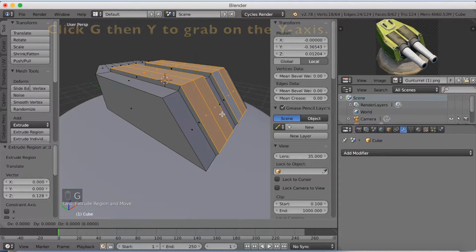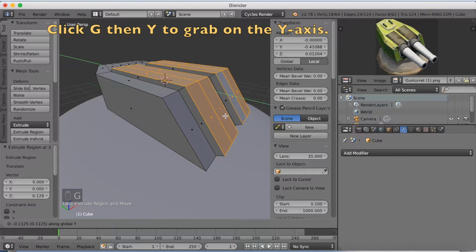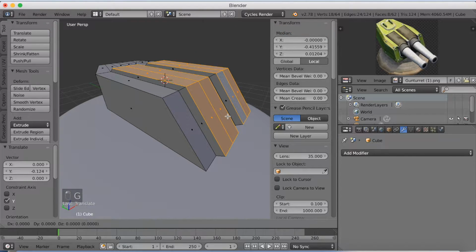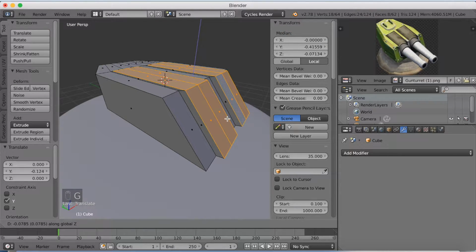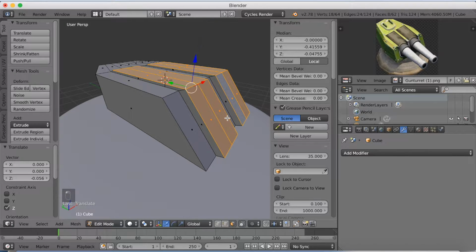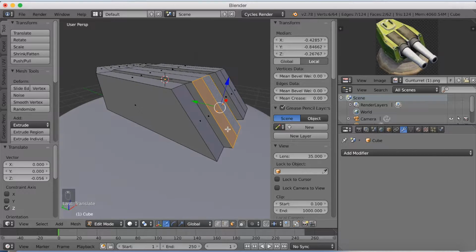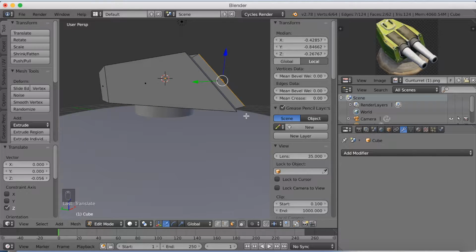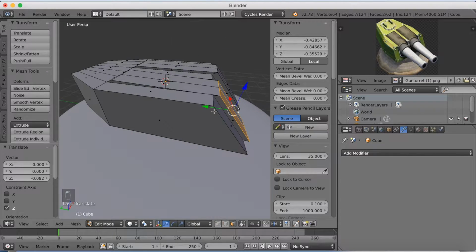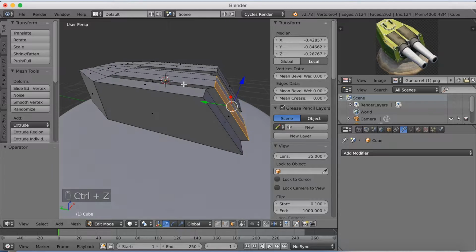and then I'm going to grab them on the y-axis, so click G Y to grab them on the y-axis. G Z to grab them on the z-axis, and I'm going to go down to edge select and drag these faces down. As you can see, it doesn't really look good, so I need to go back, Control Z to go back,